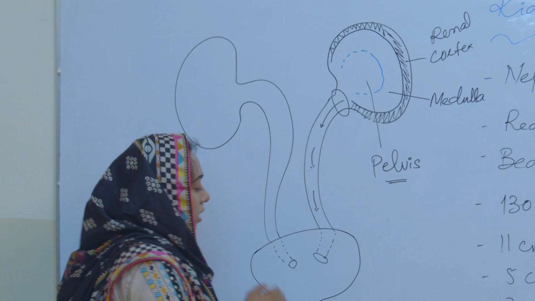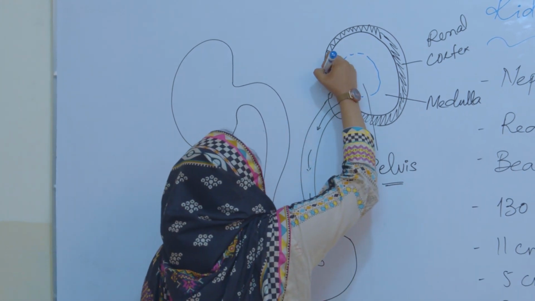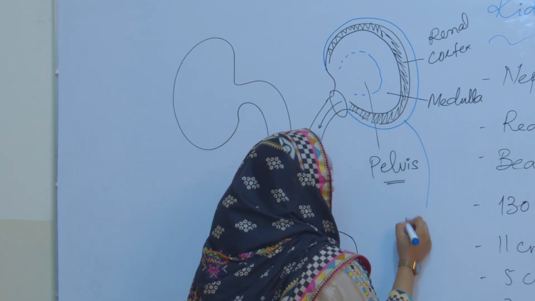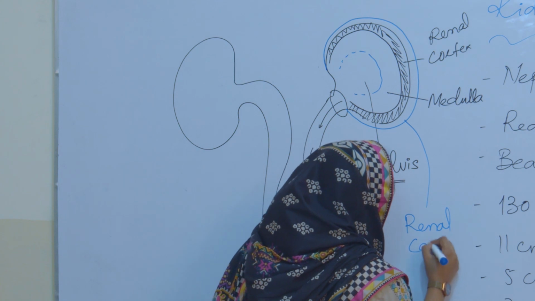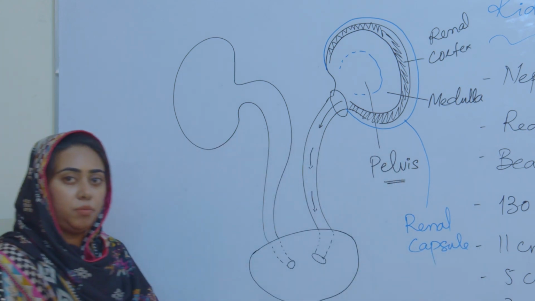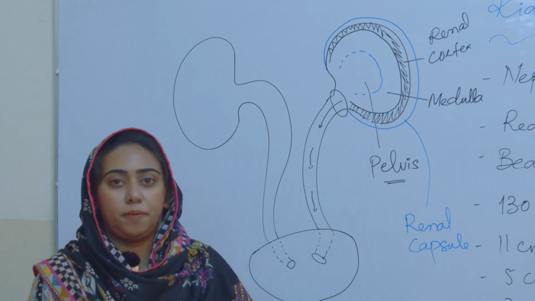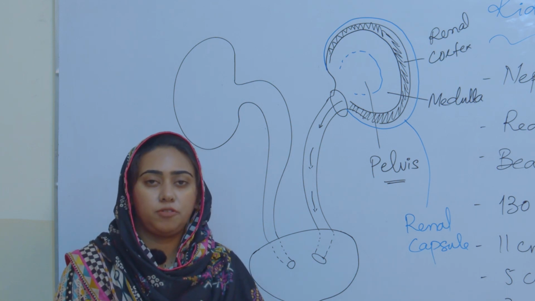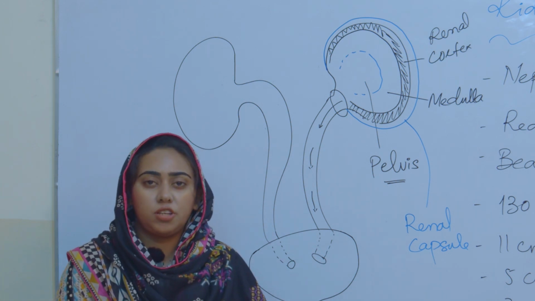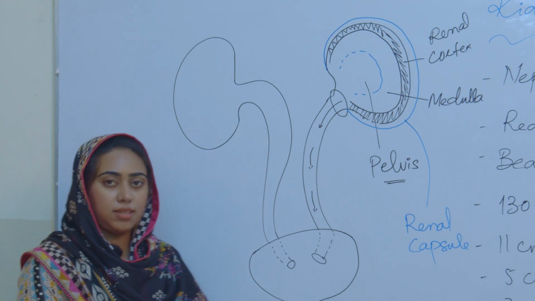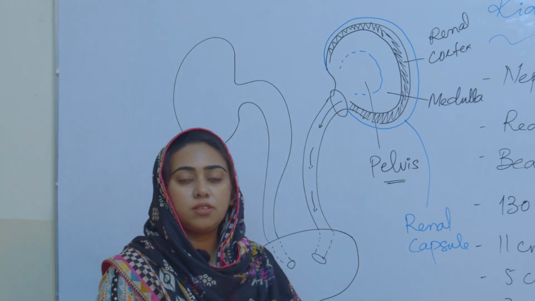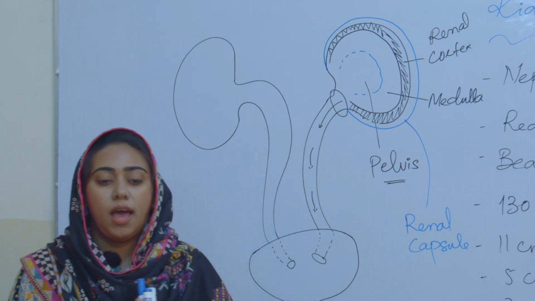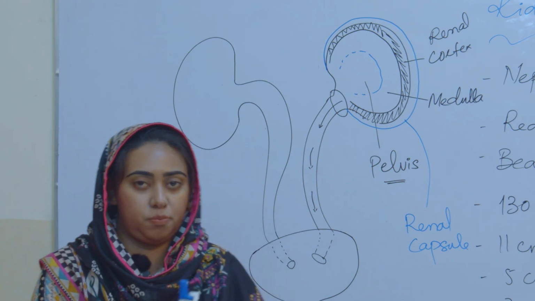If we are talking about the outer cover of the kidney, it has a renal capsule over there. Renal capsule is a cover. Basically, it is made up of connective tissues, and it is a very thin layer but really tough, and it is made up of certain proteins and lipids. Among the proteins, collagen, a fibrous protein, is an example you can note. The renal capsule is there to protect the kidney, to keep it in its shape and to let it work properly.